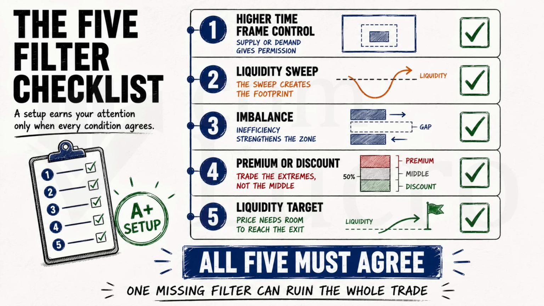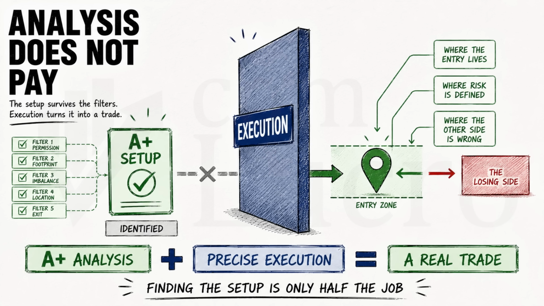Now, let's quickly recap all 5 filters. Filter number 1, trade only from higher time frame supply or demand. Filter number 2, look for liquidity sweeps that create strong points of interest. Filter number 3, focus on imbalance and inefficiency for stronger reactions. Filter number 4, operate in premium and discount zones, not in the middle. Filter number 5, always have clear higher time frame liquidity as your target. When every one of these filters agrees, you are holding the rare setup that survived the whole system, a true